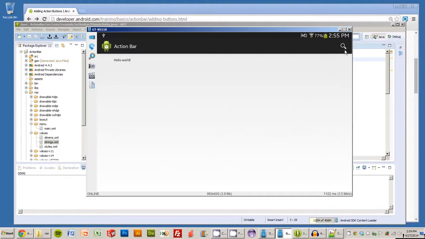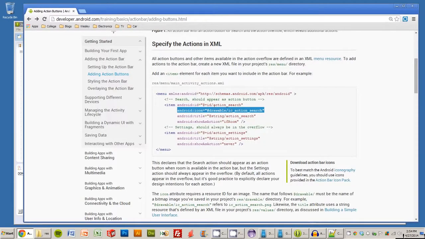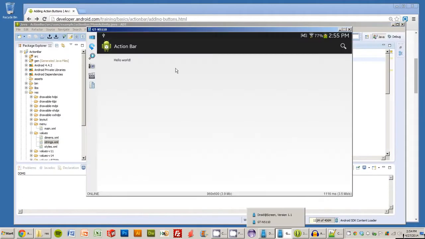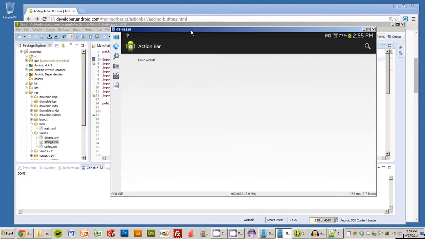So I definitely recommend it, even if using icons, to still put this title resource there. Sorry, not string. Title property there, as it could be useful to users. So that pretty much wraps up this tutorial. We've talked a little bit about how you add it and the fact that it's included by default in your project. We went over adding buttons inside this XML file and how to add icons and what some of the